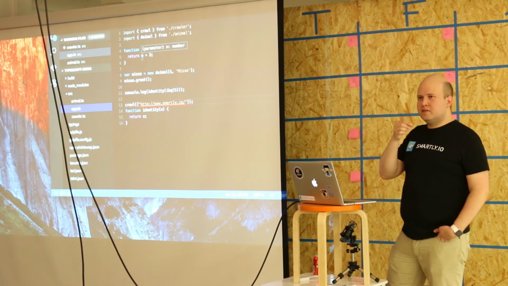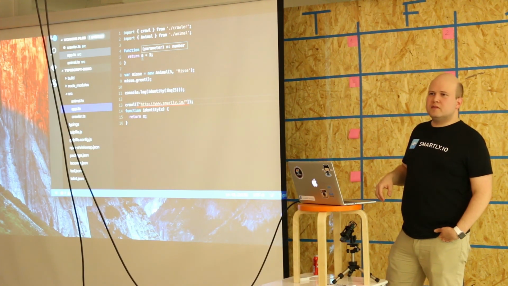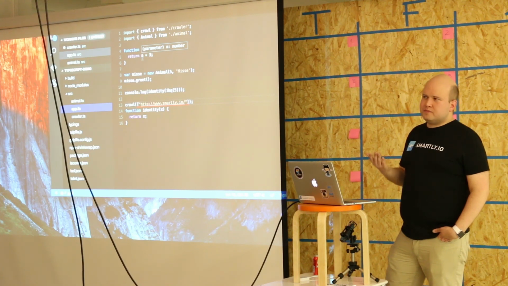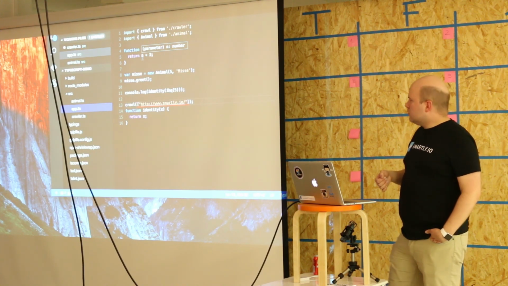Can I generate a test based on that? Yeah, that sounds like a fantastic tool to generate an integration test. I'm not sure if there's some kind of reflection API here.